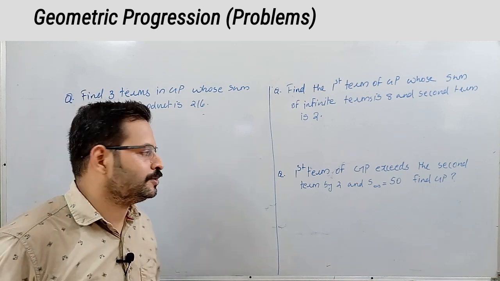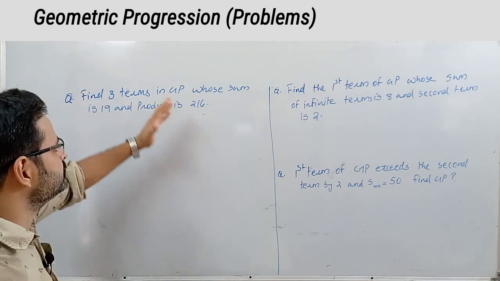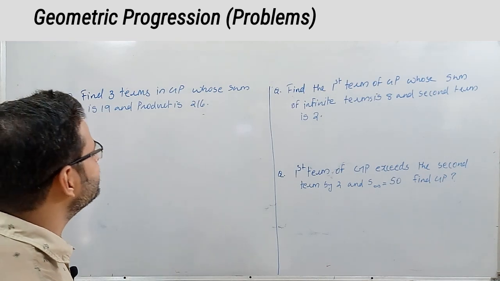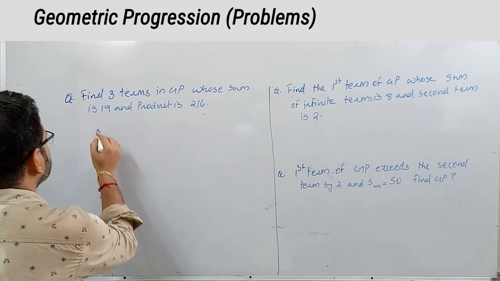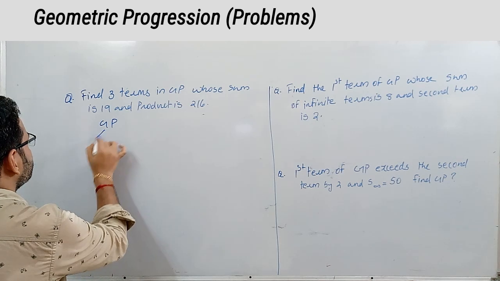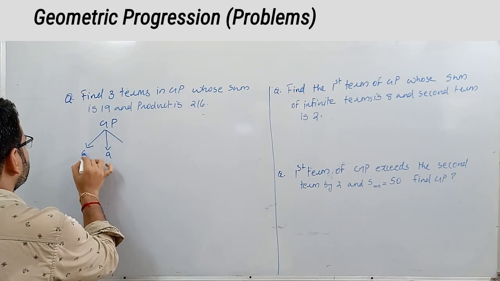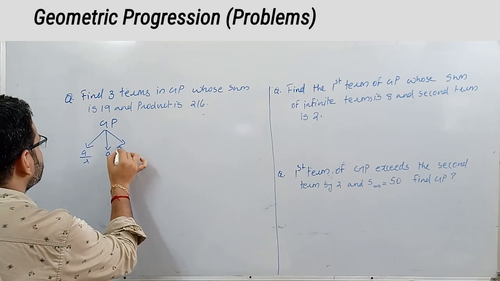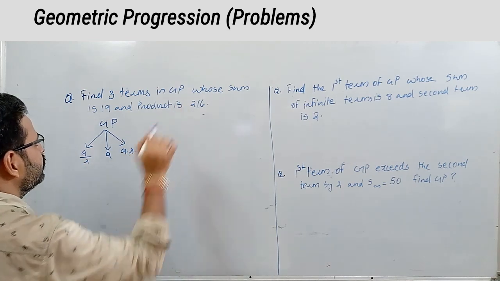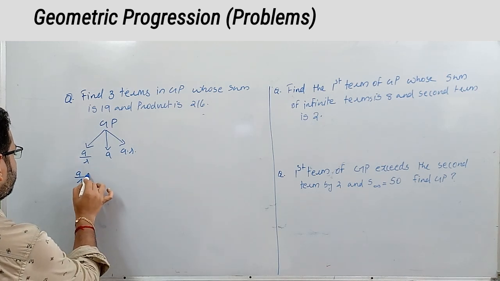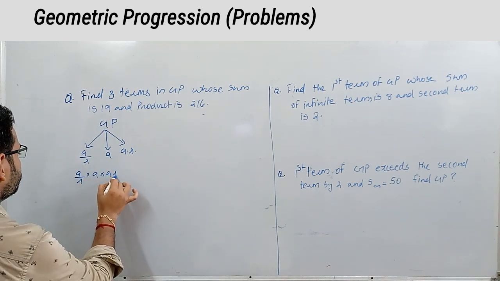Now consider the next question. Find 3 terms in GP whose sum is 19 and product is 216. Let the 3 terms in GP be, the middle term be a, the first term a by r, third term ar. Given that the product of 3 terms, that means a by r into a into ar is equal to